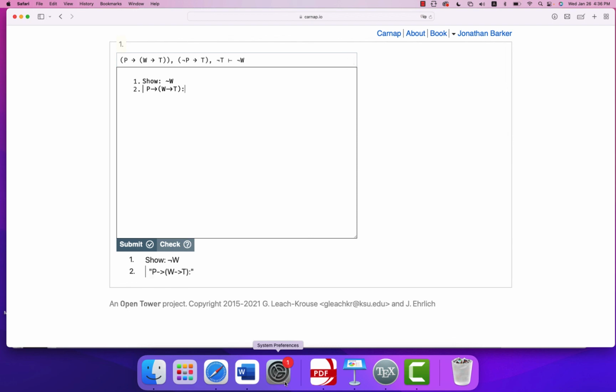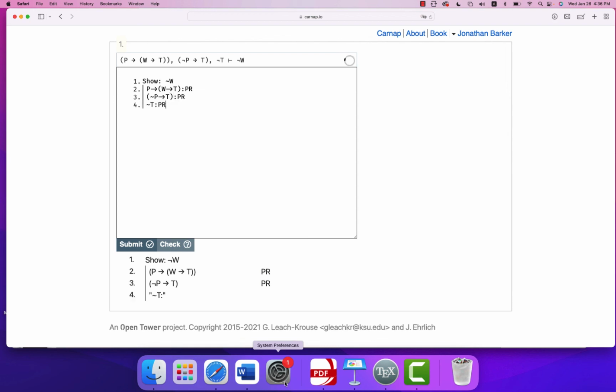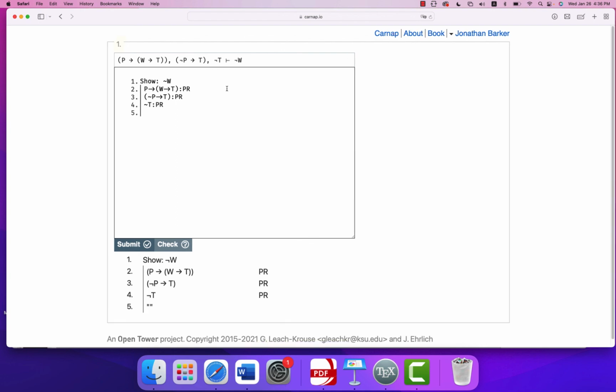After that, I'm going to put a colon and PR. And that's my justification. You can see down there at the bottom, it separated it out more clearly. It does need to be separated with a colon. And I'm just going to keep doing that, in each case just citing PR. And to Houston's point earlier, I didn't have to do that. I could have